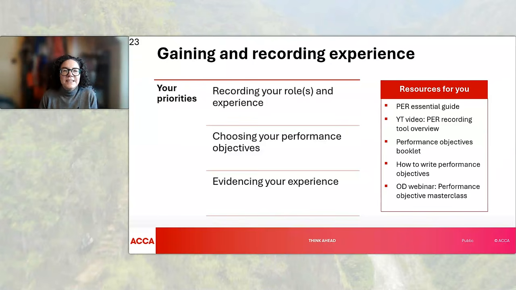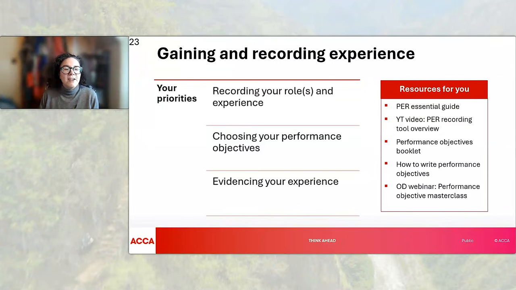You will need to write a 200 to 500 word statement for each of the objectives that you complete. Now, that needs to reflect your own experience and learning. It's really not a good idea to try and write all of your statements in one go, because it can be quite overwhelming if you try and do that. So what's much better is to complete your statement for each objective as you complete it.